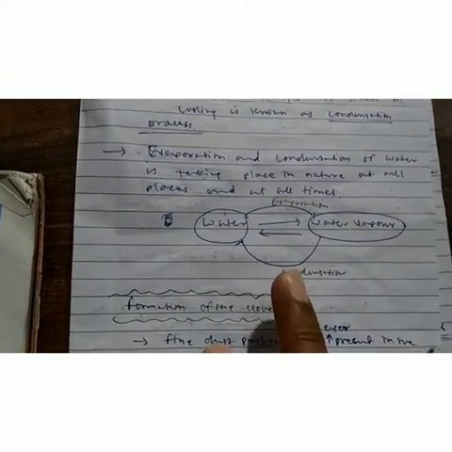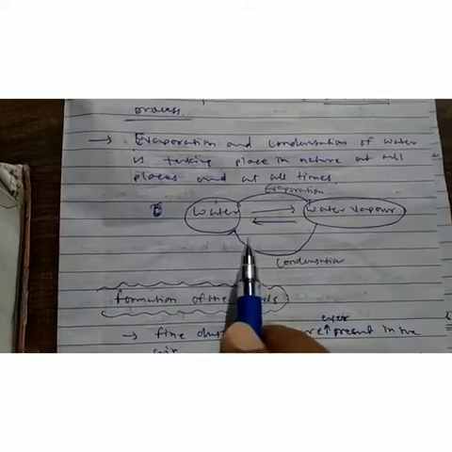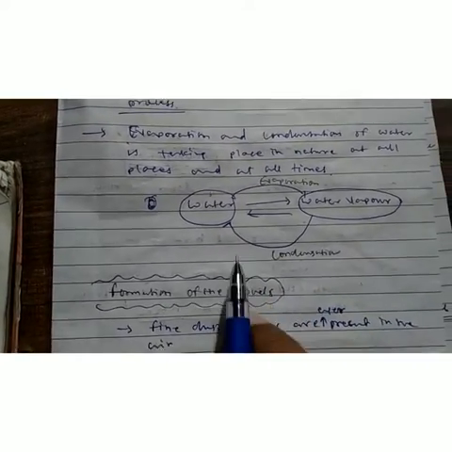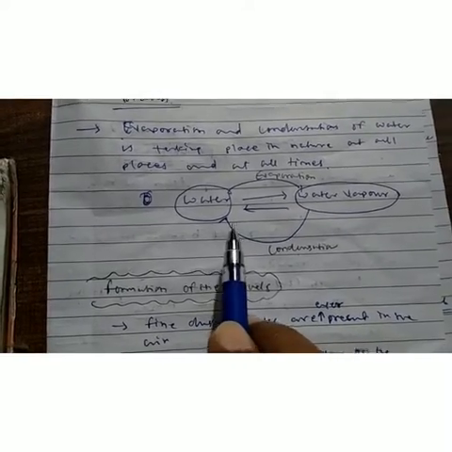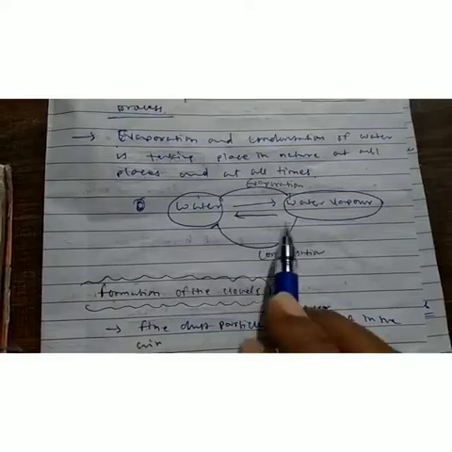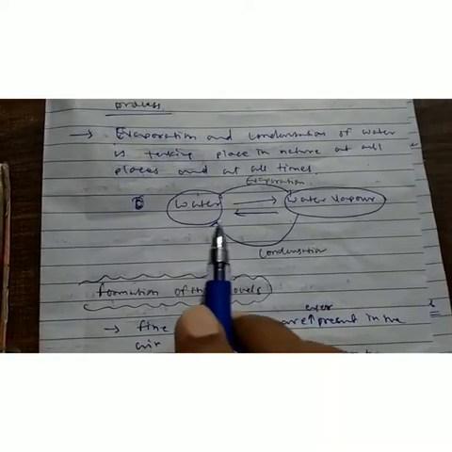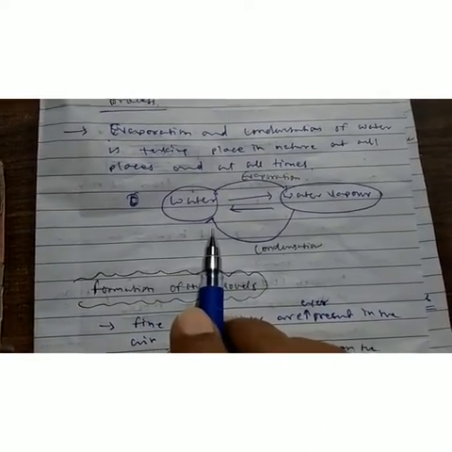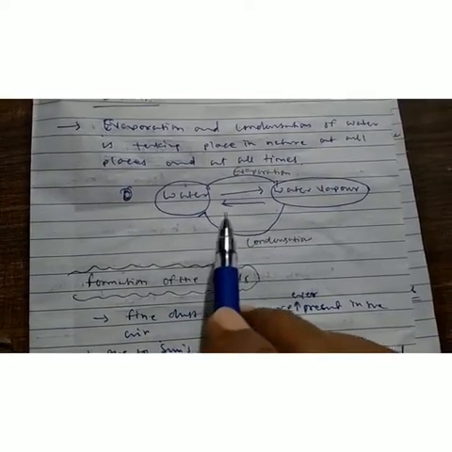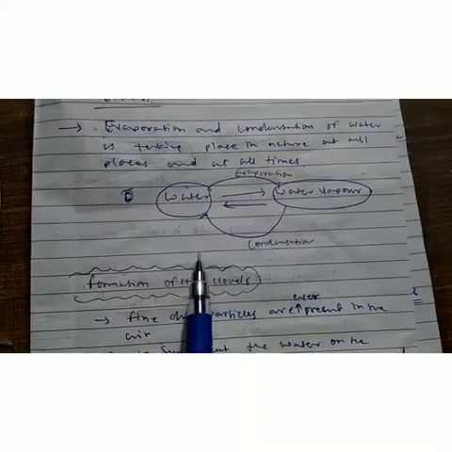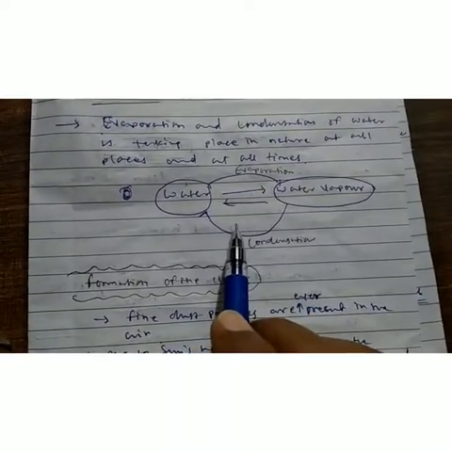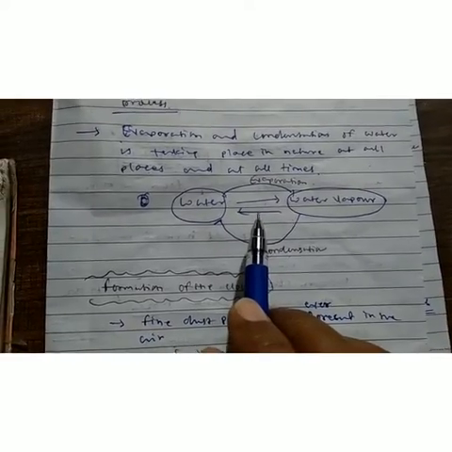Now you can do this experiment at home also. What you have to do? Take one apple which is kept in the refrigerator. From the refrigerator, take one apple, wipe it and put it on the table. After 5 minutes, you will find water drops sticking on the apple. Now you will be confused about where those water drops come from. That is the condensation process.